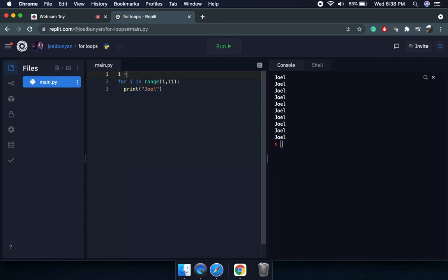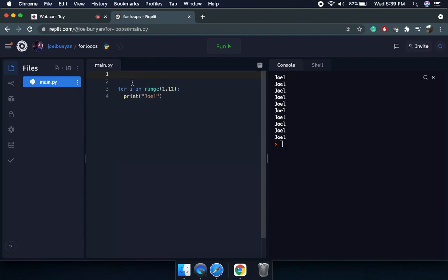Let's say my list, for example, is something like 1 2 3 4 5. What the i will do is go from here to here, right? So it goes through every element in the list, or I can just say in the group of elements.